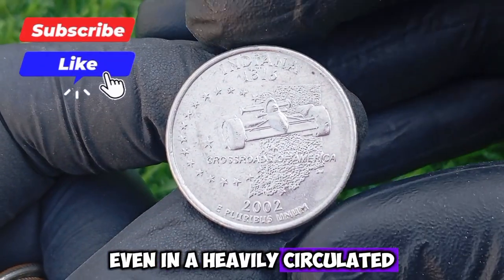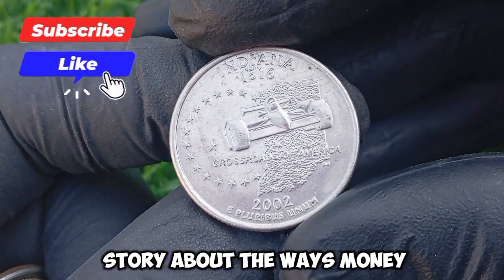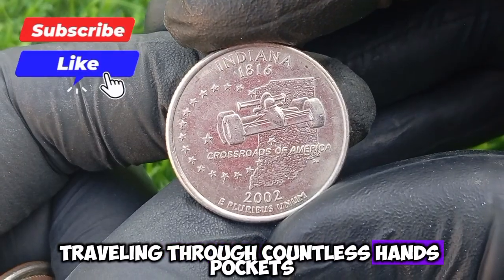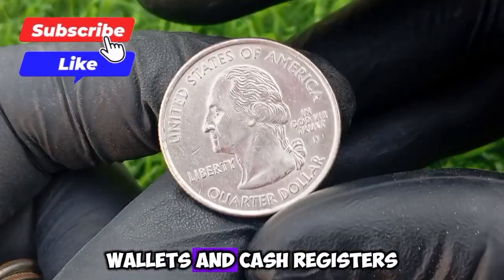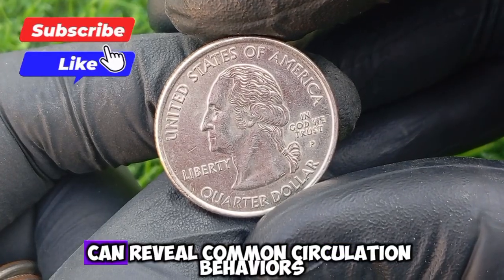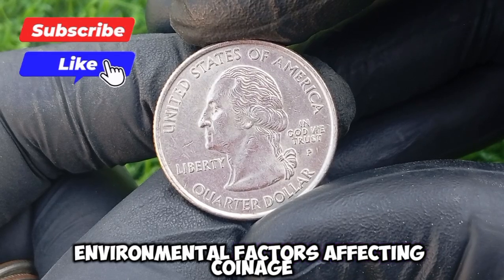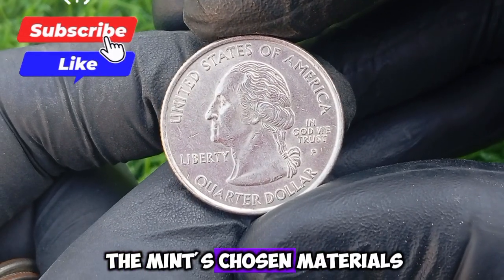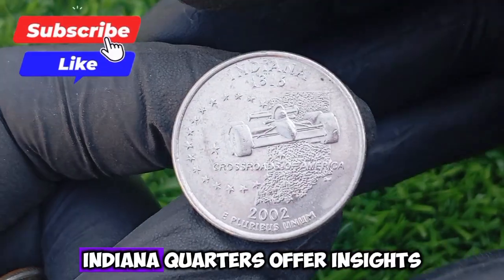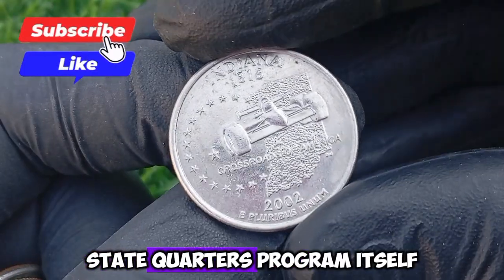Even in a heavily circulated, worn, or damaged condition, the coin tells a story about the ways money interacts with everyday life, traveling through countless hands, pockets, wallets, and cash registers. The wear patterns observed on such coins can reveal common circulation behaviors, environmental factors affecting coinage, and the durability of the mint's chosen materials. Additionally, heavily circulated Indiana quarters offer insights into the public's engagement with the 50-state quarters program